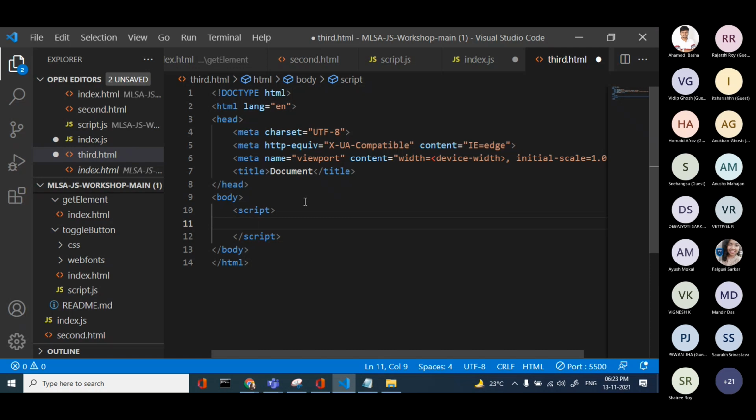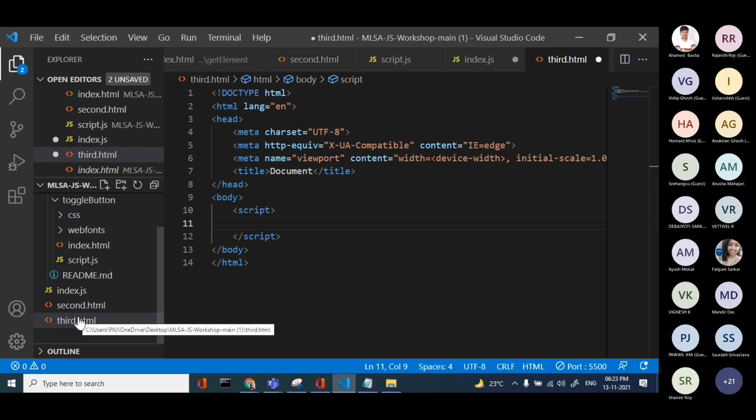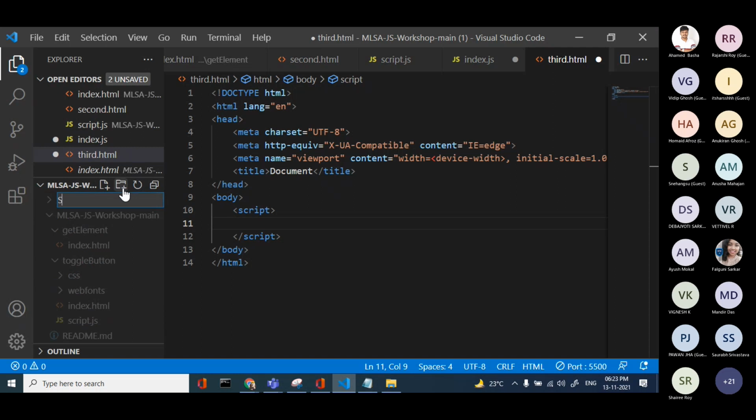Okay, so let's start with variables. This is the homework I actually want you to do. Don't write third.html; create a folder with your name. For example, I will create Shantani underscore my title, so I will write Dev. Suppose you have a very long title, you can write just the initials of the title and end it. Inside this folder you